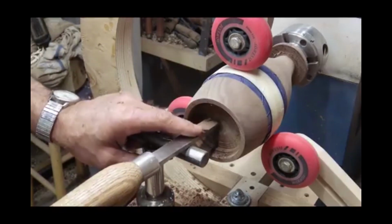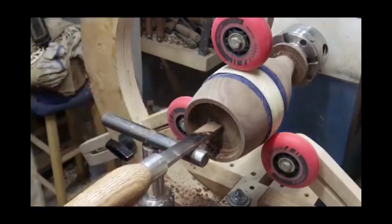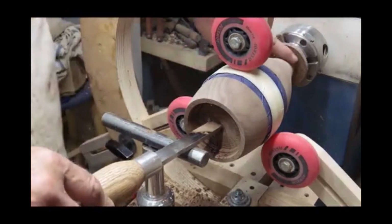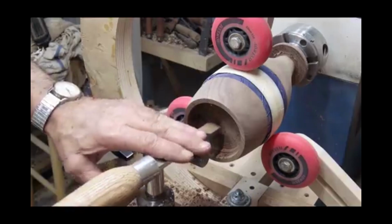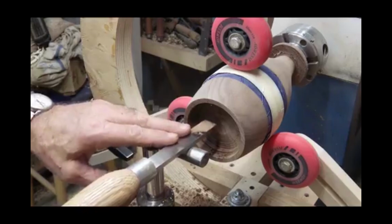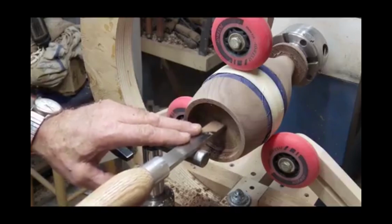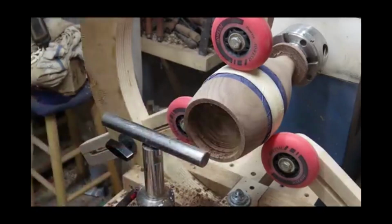Now, I would usually run a 3/8 Forstner bit up, probably in this case, within 1.5 inches of the end, where it meets the chuck. There's another tenon on the other end. Then I just hollow from there. I use my hollowing bars usually. They have cup carbides on them. This would probably take me max 15 minutes to hollow out. When you get it all hollowed,